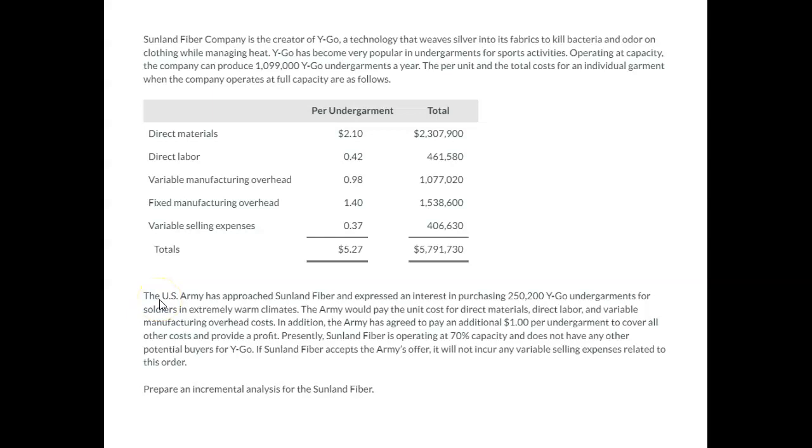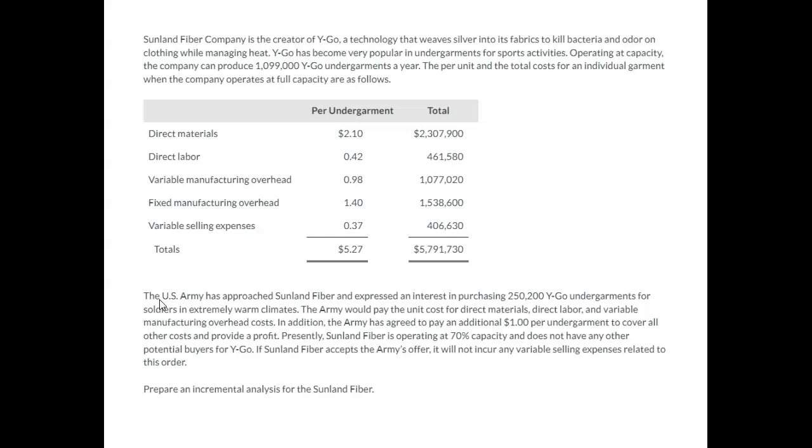The U.S. Army has approached Sunland Fiber and expressed an interest in purchasing 250,200 WIGO undergarments for soldiers in extremely warm climates. The Army would pay the unit cost for direct material, direct labor, and variable manufacturing overhead costs. In addition, the Army has agreed to pay an additional $1 per undergarment to cover all other costs and provide